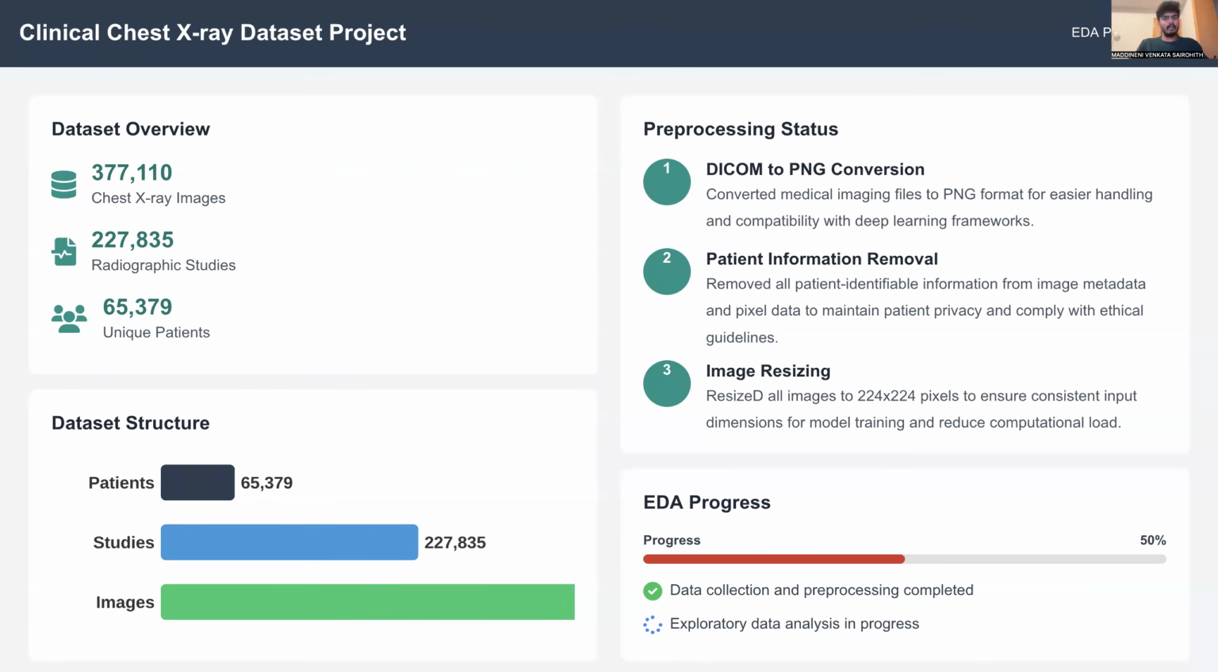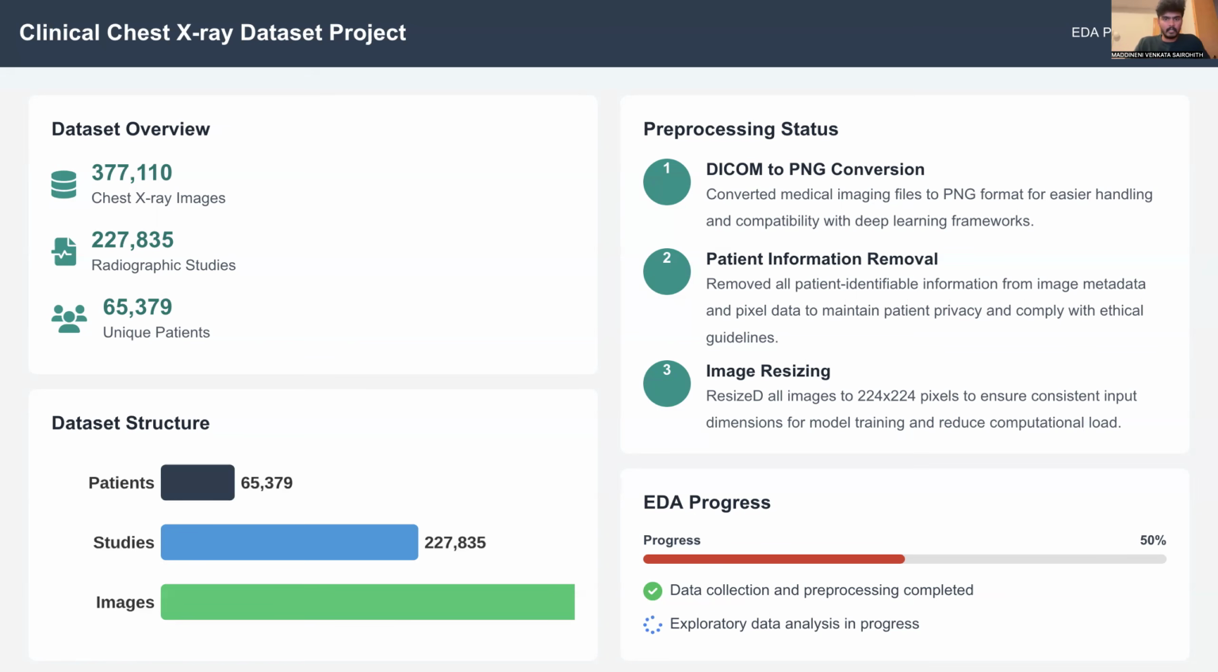So moving to the second slide, here's the overview of my dataset. For the data cleaning process, I converted some medical images which are in DICOM format to PNG, which is standard for image processing, and because they are easier to handle and faster to process. I also resized all of them to 224 by 225 pixels so that they are consistent when used with the model. Then I removed some extra columns and any details that could identify a patient in order to